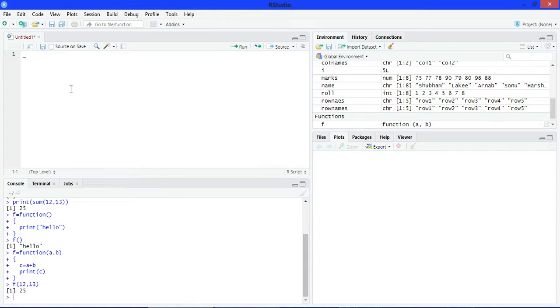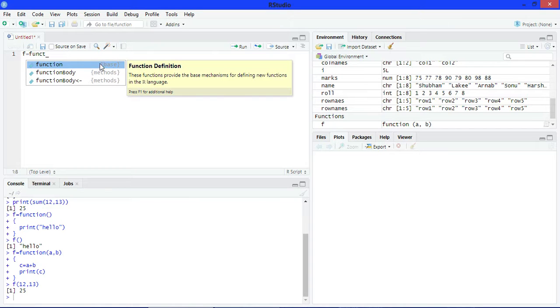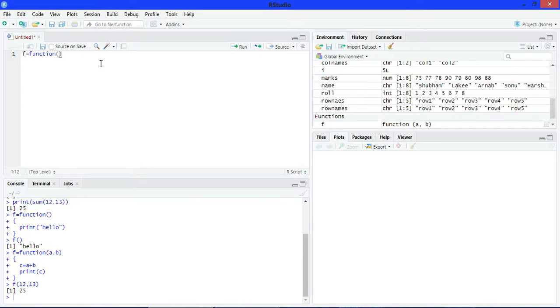Now we define a function which prints the table of 2. Pass a parameter here. For i in.